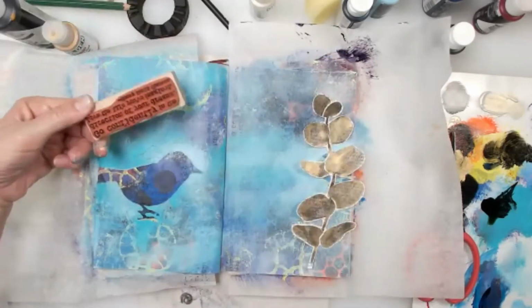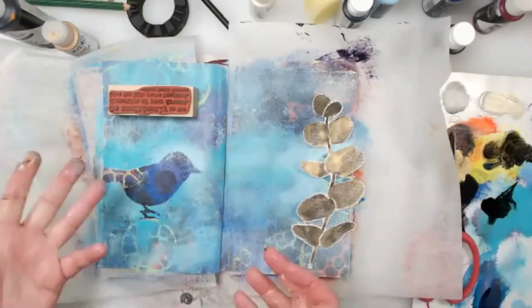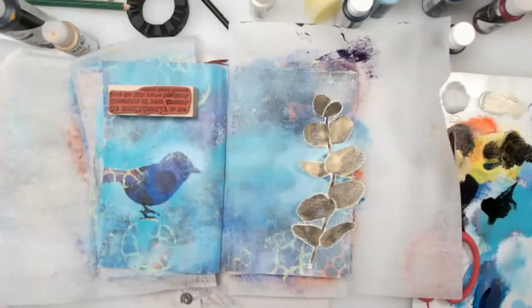But instead of stamping on it directly, I don't want to stamp on it directly because, first of all, I'll probably mess it up. And the other thing is when you're doing something like that, like making a title piece, or you're writing,